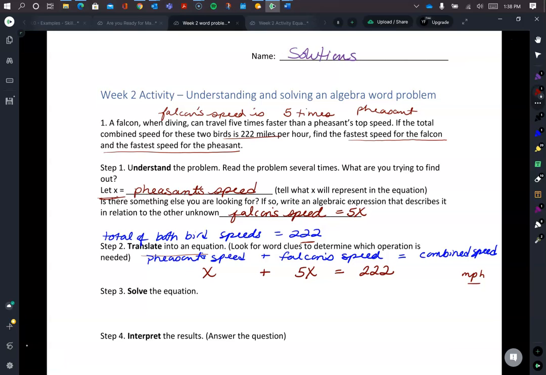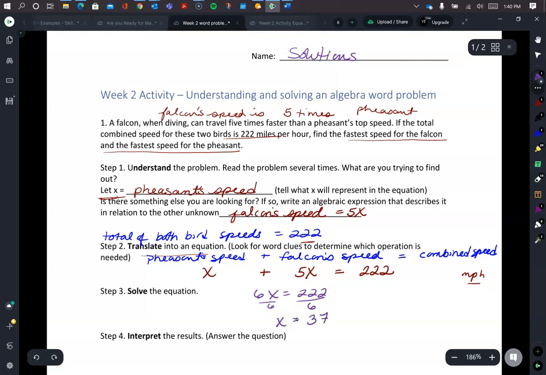Then we're going to go ahead and solve. So you've done this already this week. So we're just going to combine like terms. 6x equals 222. So I'm showing out my steps. Divide both sides by 6. And then I would get x equals